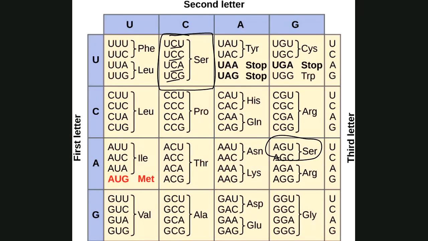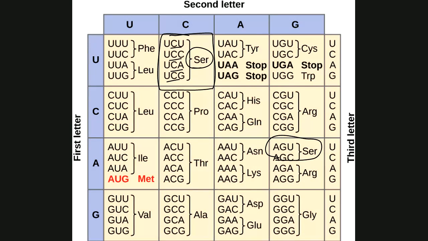Now when you think about it, part of that is so that if there is an error, and it was supposed to read UCC, but there was a mutation that occurred and one of those C's became a U, so now it's UCU, even though there was a mutation in the genetic code, when we see the protein product or the amino acid that's coded for, it doesn't change. Therefore, the actual protein itself is going to be unharmed or unchanged. This genetic code is pretty much universal from bacteria, animals, plants, humans. It's the same sequence of codons that code for these particular amino acids.